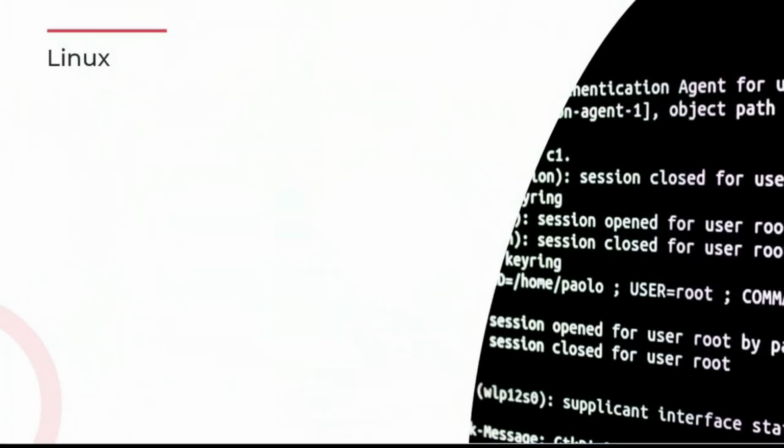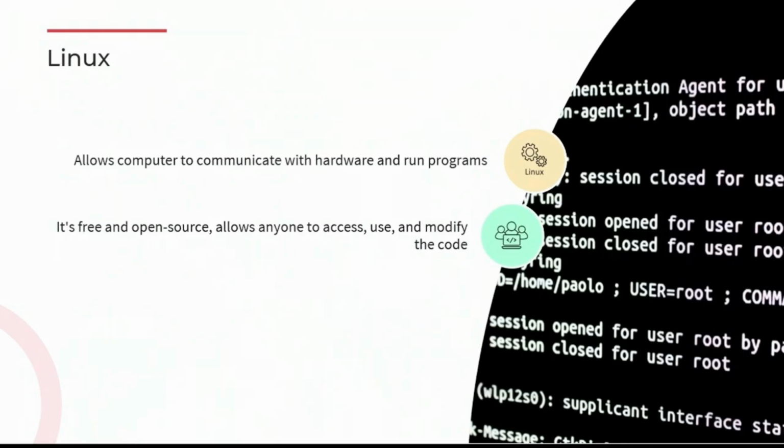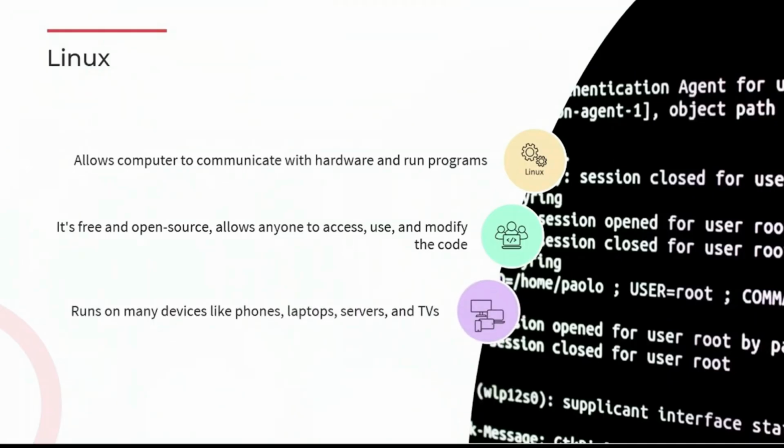Let's begin with a simple question. What is Linux? Linux is an operating system, just like Windows or Mac OS. It enables your computer to communicate with its hardware and allows you to run programs such as web browsers, text editors, or games. However, what makes Linux different is that it's free, open source, and allows anyone to access, use, and modify the code. It can run on more devices than most people realize, from phones and laptops to servers, TVs,